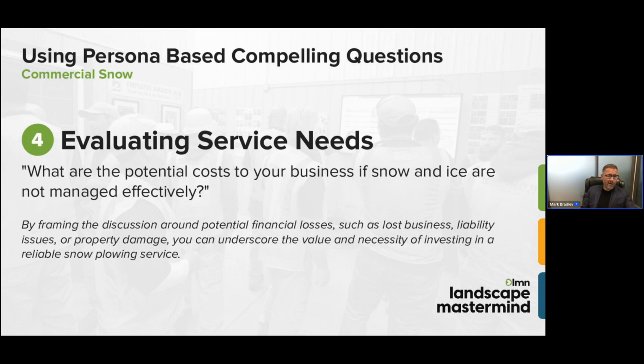Another question, I want to really evaluate what they really need. And now, as I'm getting a little further into these questions, I'm trying to figure out how to put a proposal together. That's a really important component of these questions, is I want to know how to do business with this company. And so what I'm saying is, hey, what are your potential costs to your business if we don't